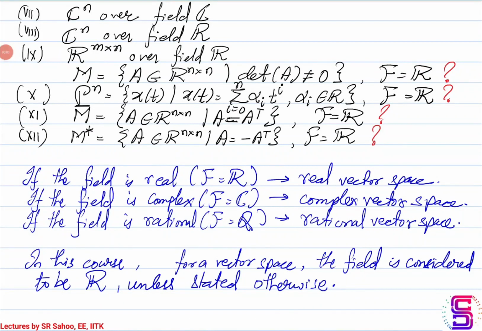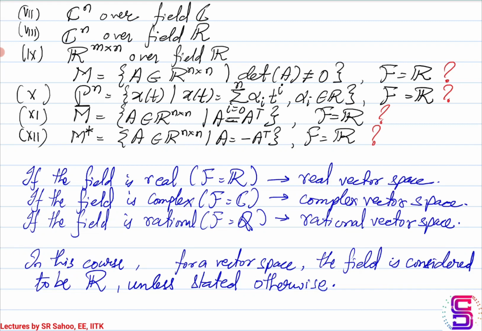So we'll continue from the previous lecture and see some more examples of vector spaces. Similar to Rn being a vector space over the field R, the next example is a set defined as Cn. So Cn essentially means that it has vectors which have n tuples, and each of the tuples belongs to C. Hence Cn. So the set Cn over the field C is also a vector space. The set Cn over the field R is also a vector space. So please do verify these.